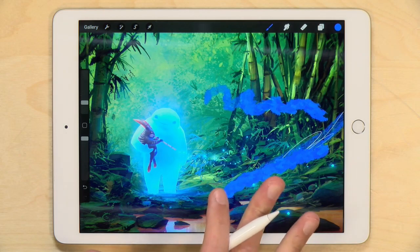Where the iPad Pro has an advantage, though, is in its overall processing power, the amount of memory it has. It's going to be a lot faster as you start getting more complex with your artwork and photography and video. And that's still where I'll point people who are very serious about doing their creative work, because these are really